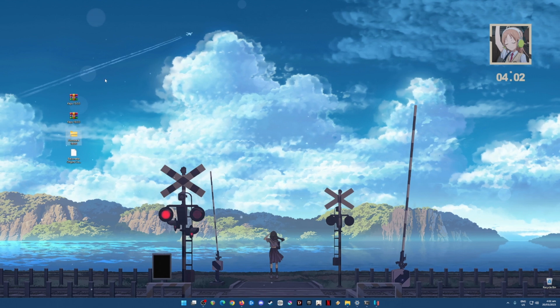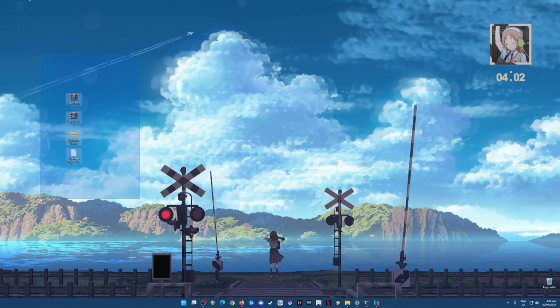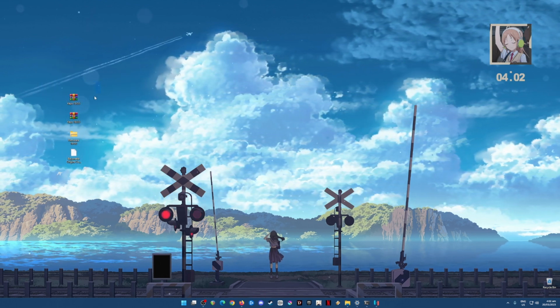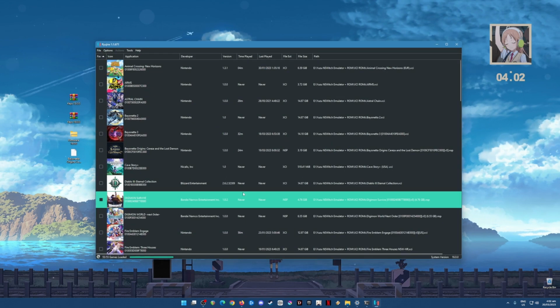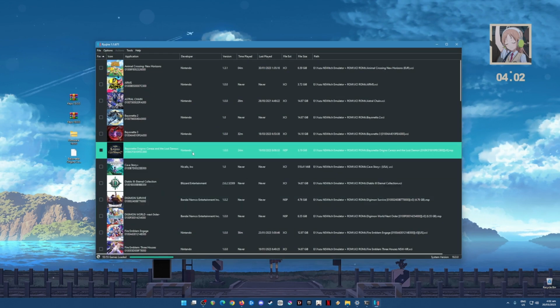So what you'll need is all those files that I have highlighted on my desktop. You should have these files on your PC, and you also need to install the latest build of the Ryujinx Emulator. As of recording this video tutorial, 1.1.671 is the latest build. And I have played Bayonetta Origins: Cereza and the Lost Demon here for 24 minutes, and it runs perfectly in the Ryujinx